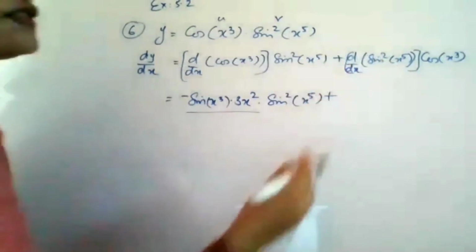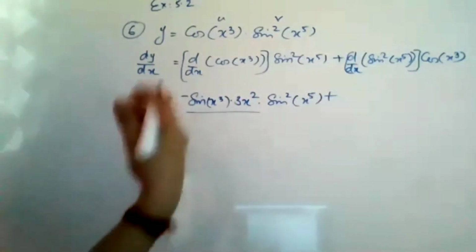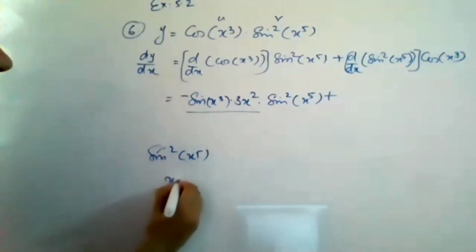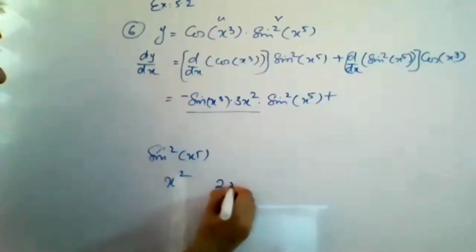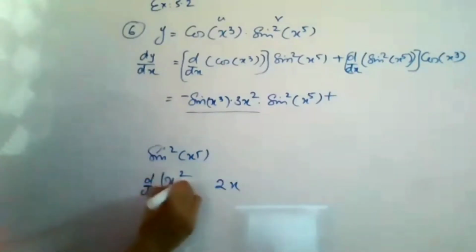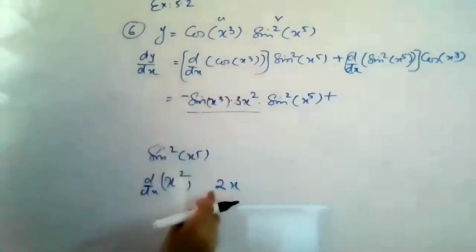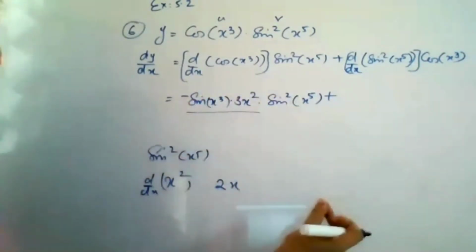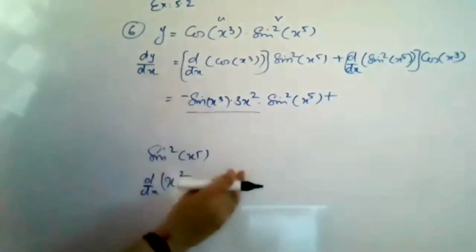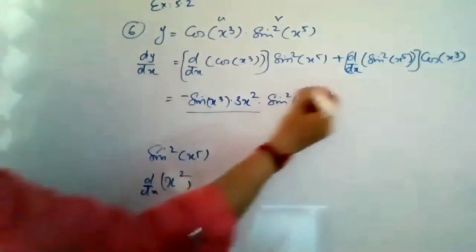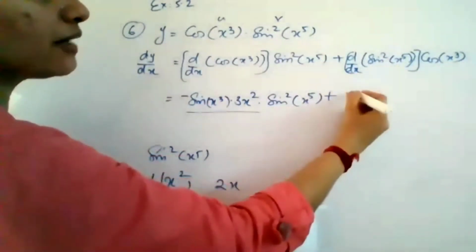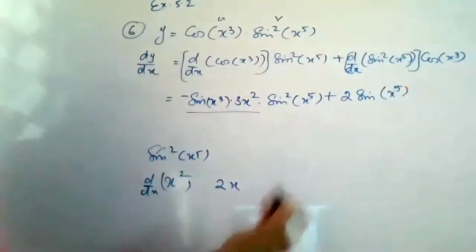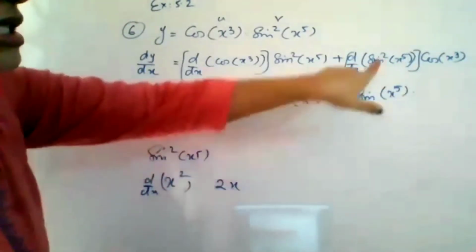Next one, the derivative of sine square of x raised to 5. So again you have here, actually, you have to first see sine square of x raised to 5 in some x square form. For x square, you first write 2x as the derivative, right? So this sine square will be something the whole square, that will be 2 into that something. Then you will write its derivative. Then you will write its angle's derivative. Understood? This is your chain rule. Okay, so what are you getting? Here sine square of x raised to 5 will give you 2 into sine of x raised to 5. Then you will write what is the derivative. So this is actually its power's derivative.